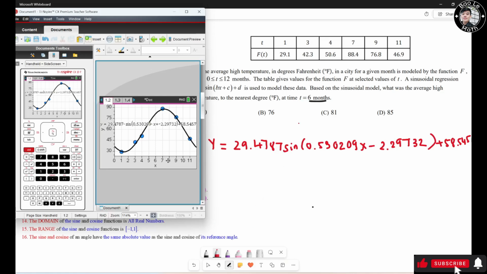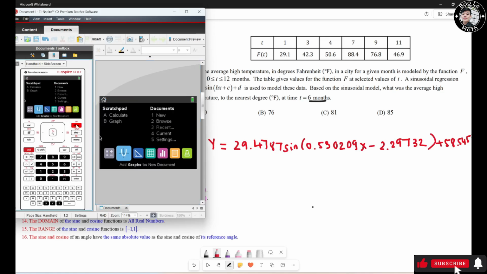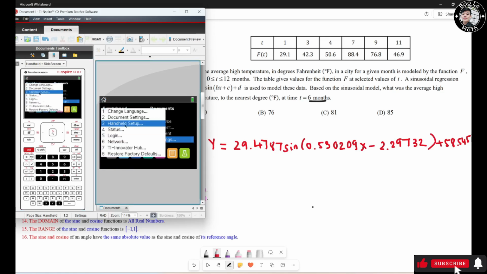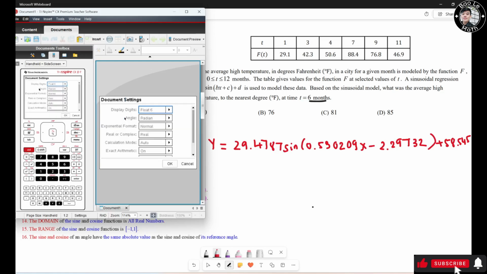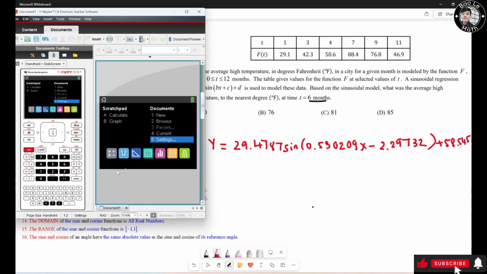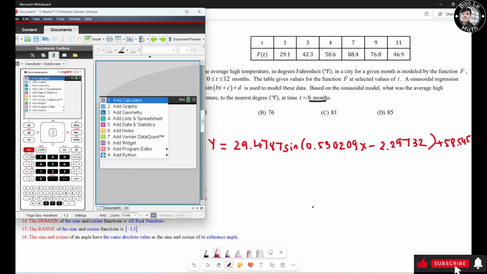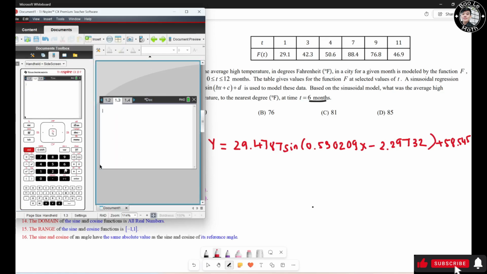Alright, now we need to evaluate the value of the function at t equals 6. So we need to go to the home screen. Hit on right here, and make sure you convert it to radian. So hit settings right here, go to document settings, and then you need to change this angle to radian. So keep that in mind. Alright, so hit Ctrl I, hit calculator. So you just hit